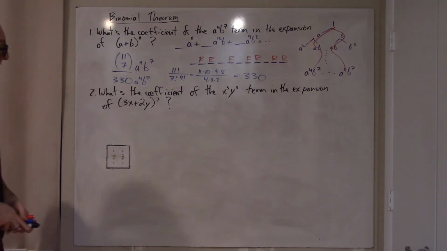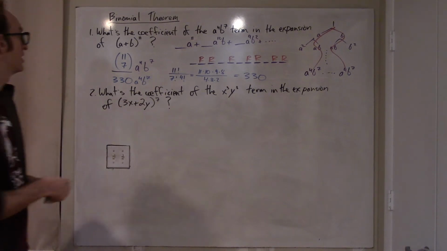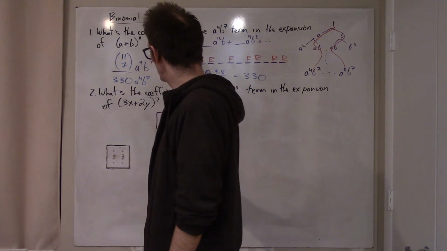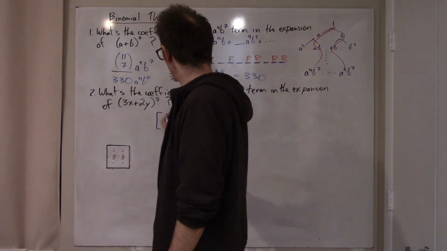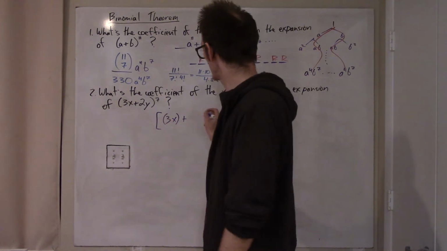Okay, number 2, now we'll just kind of do the problem a little bit more quickly, but maybe this problem is slightly harder for some people. What's the coefficient of the x cubed y to the 8th term in the expansion of (3x plus 2y) to the 7th? Okay, so to do this problem, you just have to be sophisticated and realize that 3x is like a, essentially, and